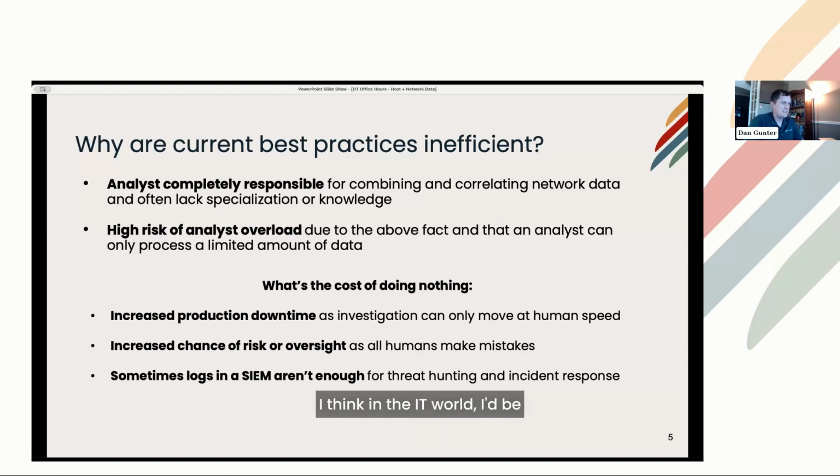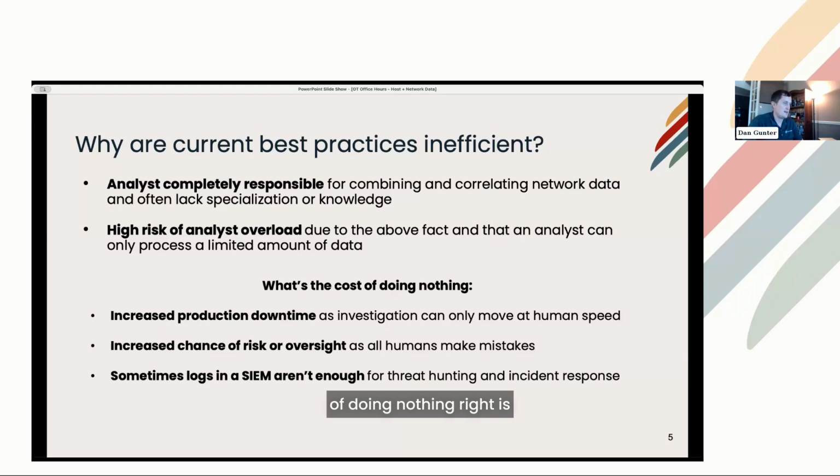I'd be curious what this is in the OT world. In the IT world, I think Trend or someone put out a report that SOC analysts are ignoring 60 to 70% of data just because they're overwhelmed, right? In OT, I would imagine it would be worse because generally there are fewer OT cyber people to more plants. And if they're not deep in the data, it can be challenging.